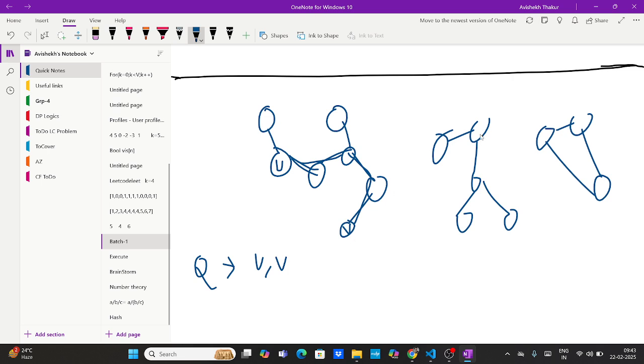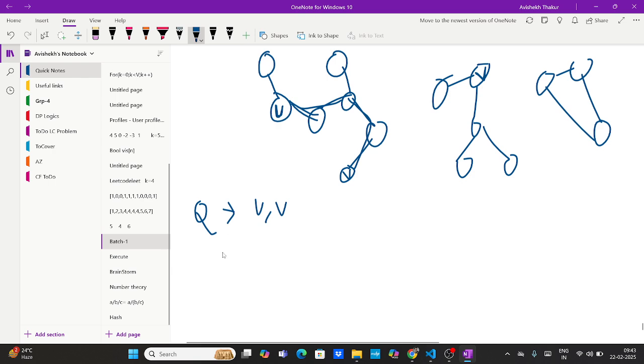Let's say V is over here and U is over here itself, and if we do DFS, V will still be false, right? Because there is no way you can visit it. Agree? So in that case we will print false. That's a straightforward approach. Now this works, but there is a small problem, that Q is up to again